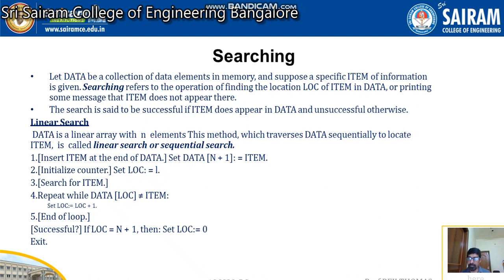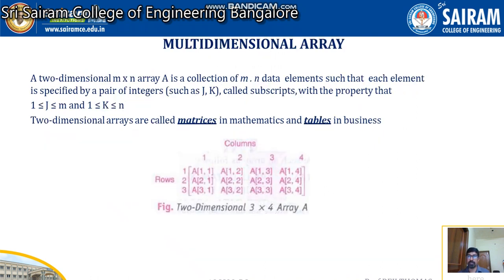So this is nothing but the end of the loop. There is another way of terminating this, because the moment you find the item equal to the given element, you are going to terminate. This is one way. Another way is you have stored the item at the last location. So when you store the item at the last location, this is another way of terminating the loop. Because we have stored the item at the last place, in the last iteration we are going to find the element at the last location. So this is another way of terminating the loop.